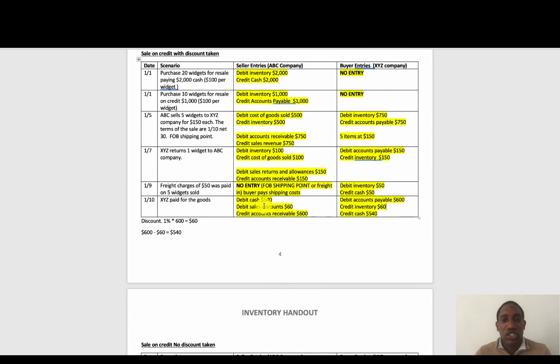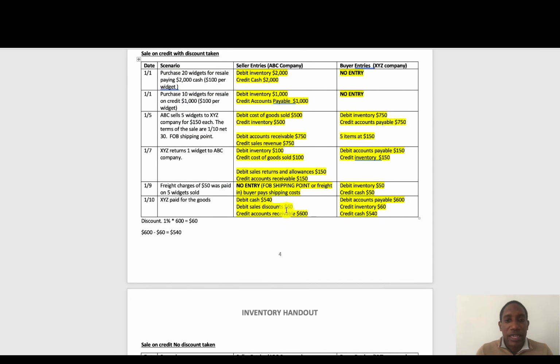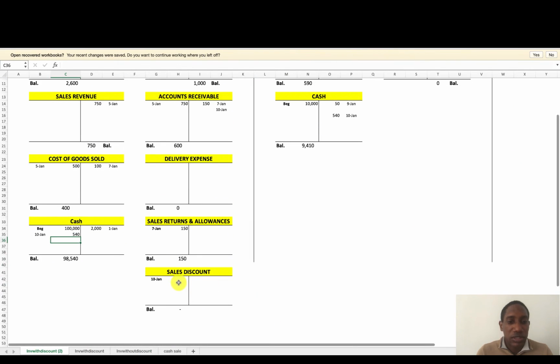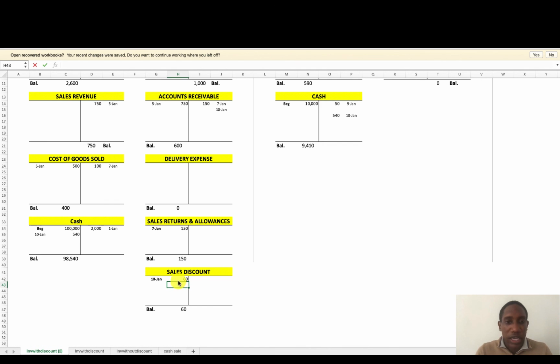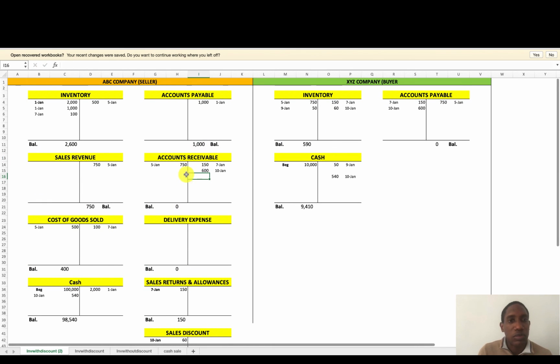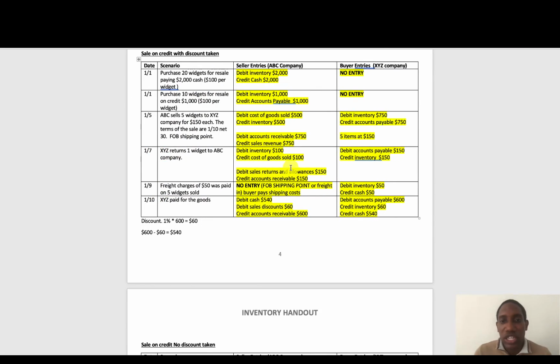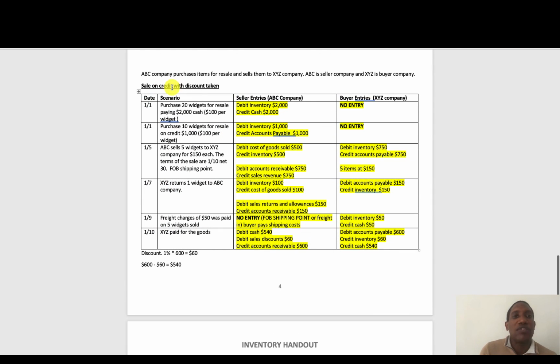Okay, so let's go ahead and just journalize this on the seller side. So we received $540 in cash. I had a sales discount of $60, and then I cleared my accounts receivable for $600. Notice my accounts receivable for seller is zero. My accounts payable for seller is zero. All right, and so that is the journal entries that you would make